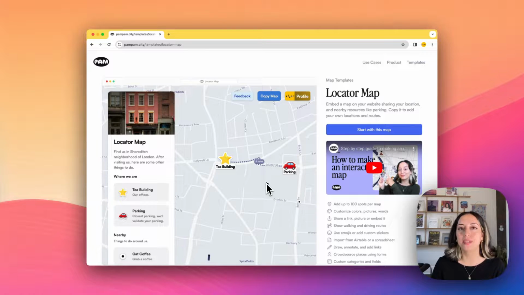Maybe you have a business and you want to show your customers where your location is and maybe where the parking is nearby or other amenities. So let me show you really quickly how to do that. We're going to use a tool called PamPam, and PamPam is just an online tool to make and share